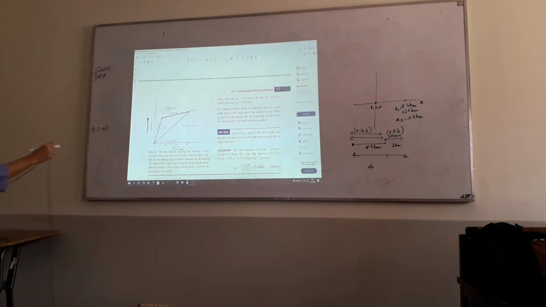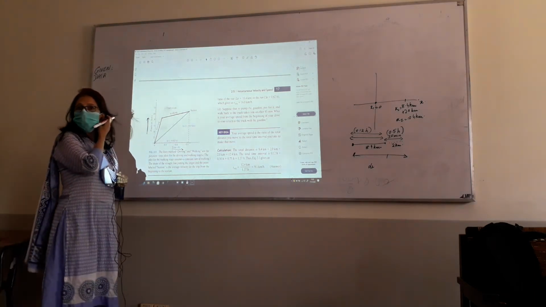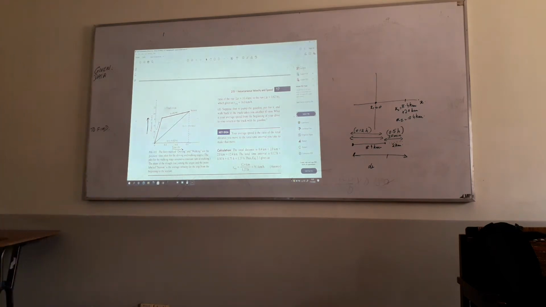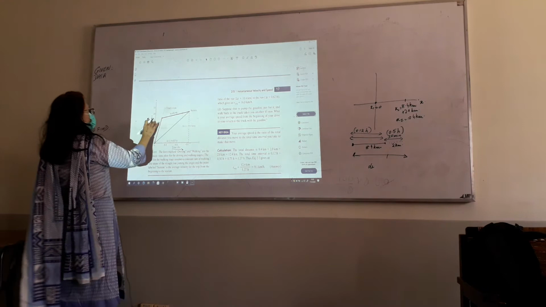The unit we are using for time, and also whenever you draw your graph, you should first put the quantities, then you put the units. So, the unit for time we are using in this case is hours. Many a times we use seconds. Okay, for this one we are using hours. For the position we are using kilometers.